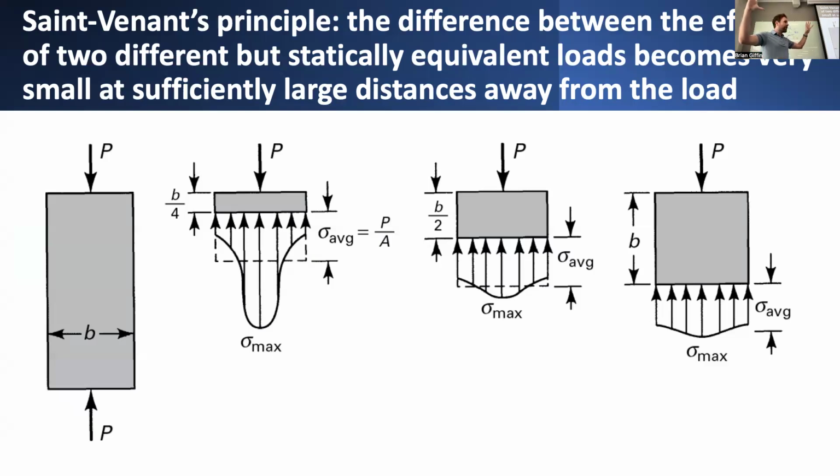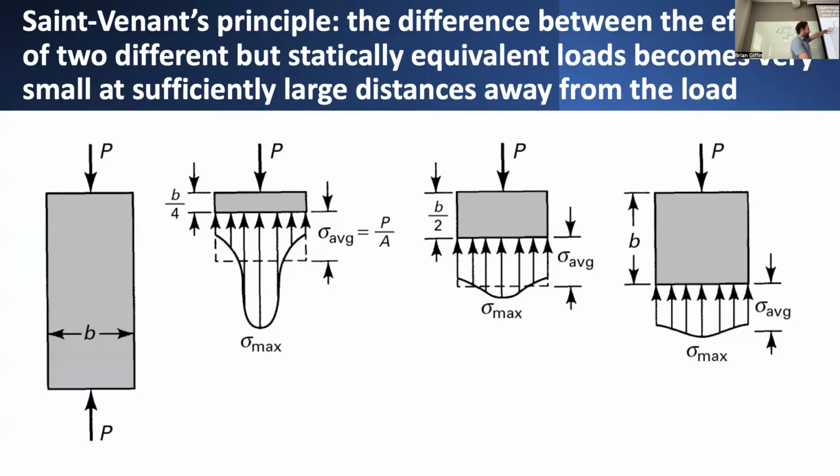As we move further and further away from the hole, the influence of the hole on the stress field starts to be smeared out and becomes a little less relevant for understanding what's going on. But that same concept also applies to understanding what's going on inside long prismatic members, where the width b might be relatively small compared to the overall length of the member. If we want to know the stress distribution somewhere along the inside of this beam, far away from its supports, or however it's constrained or pinned at its ends,